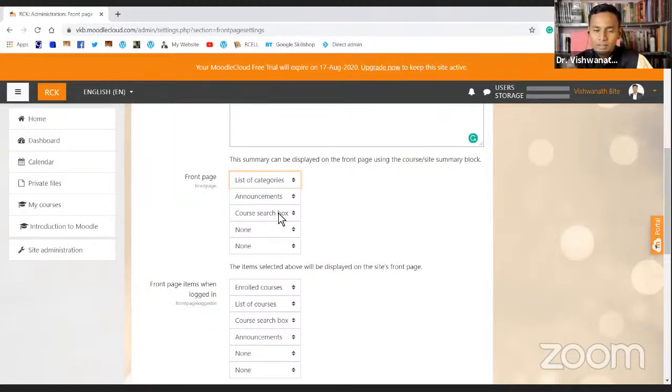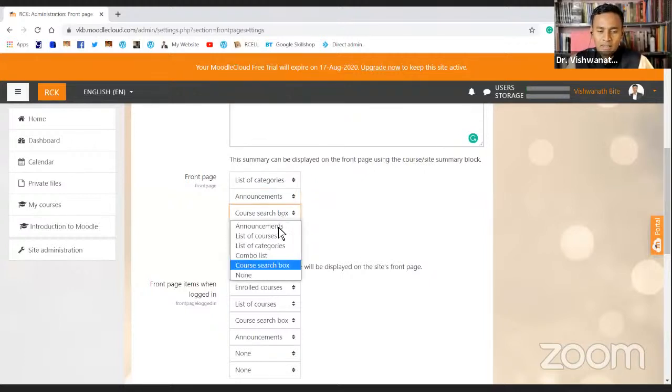When they click on the category, then the other subcategories will appear, and then their own course or their own class will appear. So that is how I want to set it. There is also another thing that I want to show: announcements. If I have some kind of announcement for all my students, everybody who is coming on this institutional Moodle site or this my site, then I want to show them the announcement.